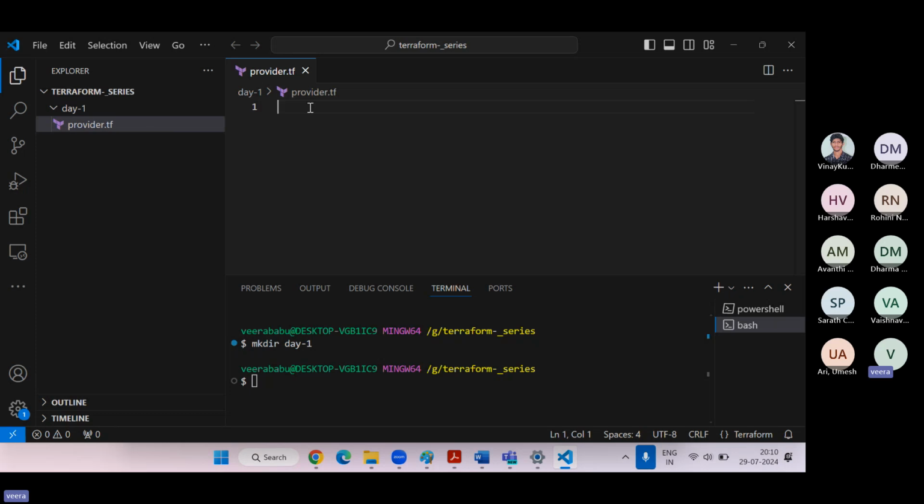So the provider block contains provider details, right? You have to write a provider. Which provider? I'm working with AWS. Okay, fine, that's it. But see, here you are mentioning AWS only. Which AWS account it will call and create the instance in will be taken from your .aws folder, where you have already configured the access key, secret key, and region. By default, the system can take those credentials and create the resources in your AWS account. No need to mention your access key here.